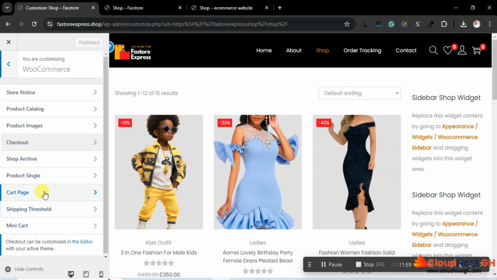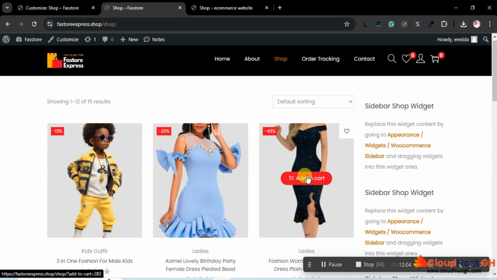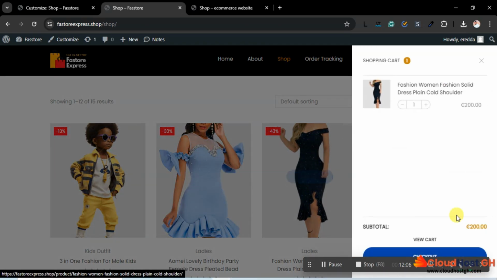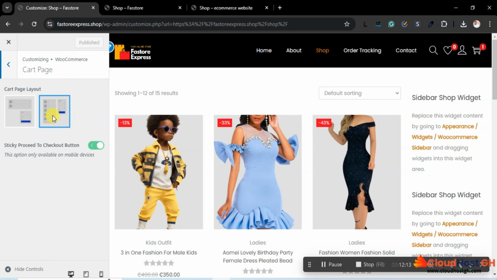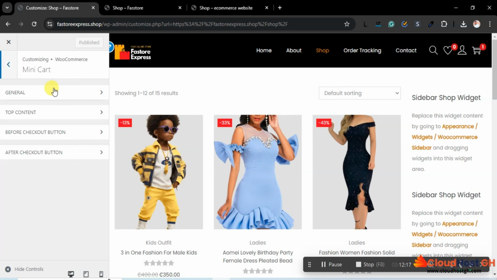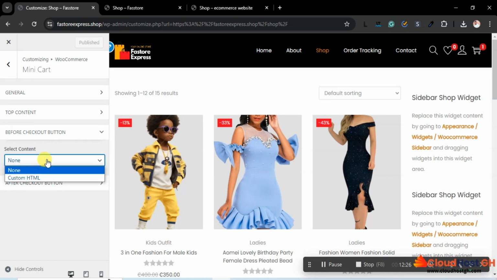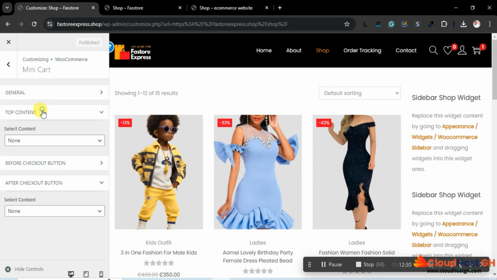Okay, and let's see, add to cart here. Let me see, add to cart, and over here too we need to change this. Okay, so cart page. We don't have any color here. Mini cart. Okay, so let's see, before checkouts. Okay, so let's leave that. Okay, so let's see,